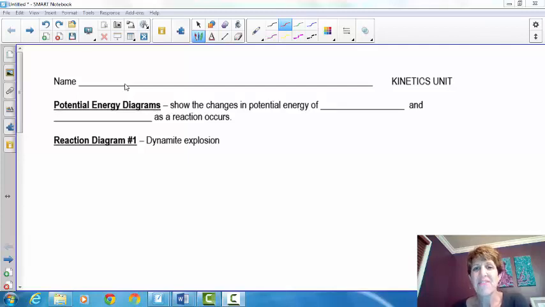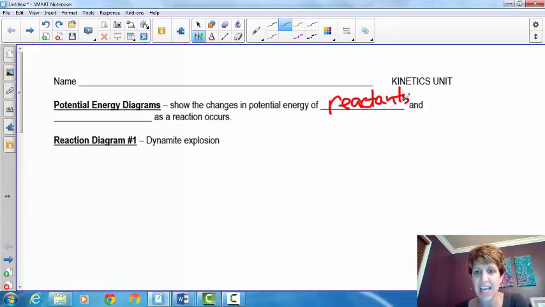Hi everybody, this video is so that we can understand potential energy diagrams, and we're going to use a new table from the reference table, table I. Alright, so we're going to start off right here, potential energy diagrams, and you already know potential energy means stored. These show the changes in the potential energy of the reactants and the products